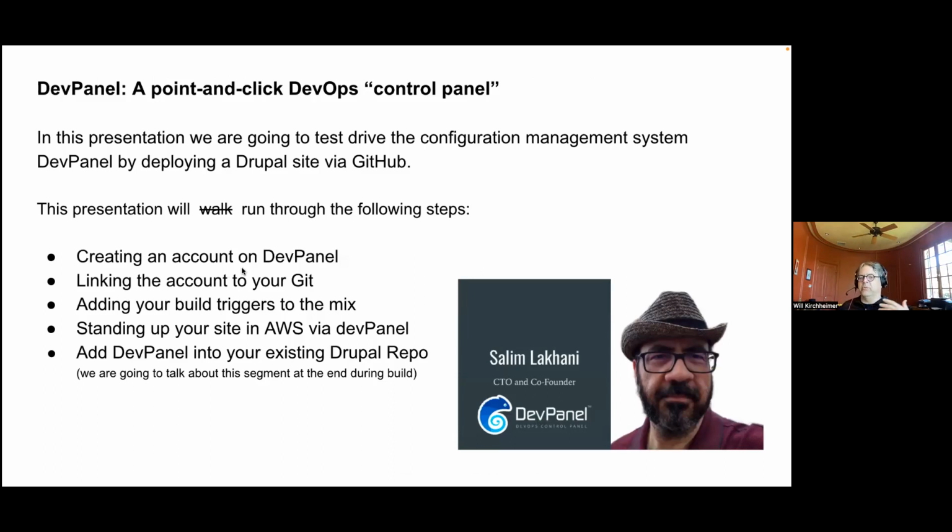The other available repository platforms are also supported. I've seen the Bitbucket runs and whatnot. I will be using GitHub. There you go. This presentation will run through the following steps: creating an account on DevPanel, linking the account to